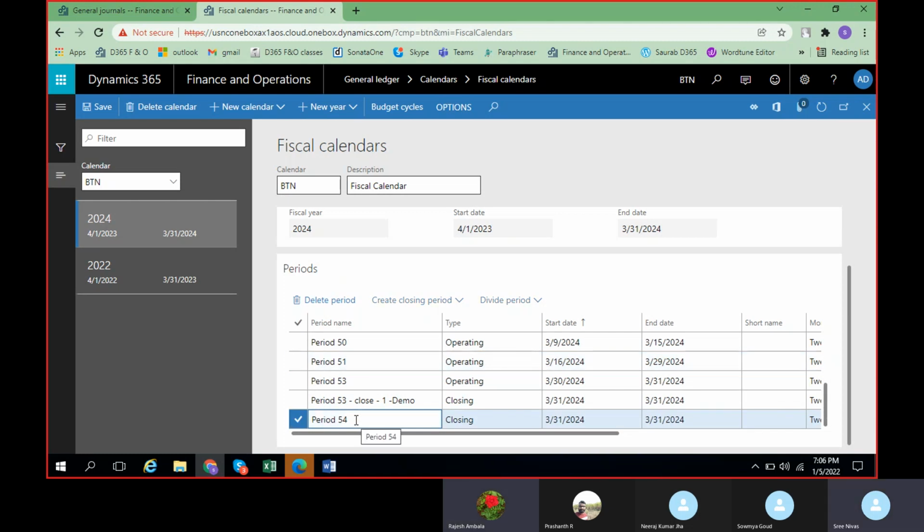Actually we are dividing the periods into 54. If we delete one period from the number sequence 1 to 54, we have deleted period 52, right?